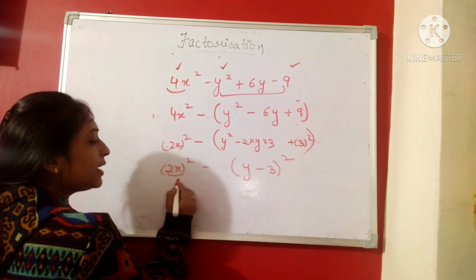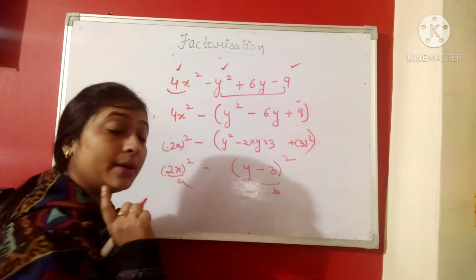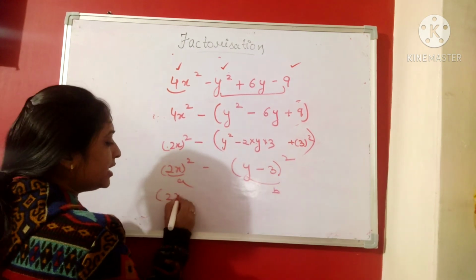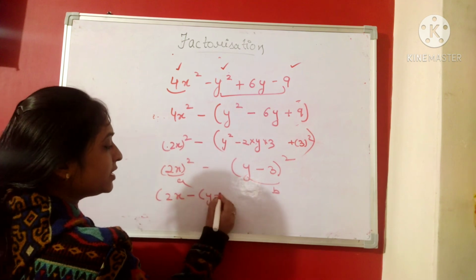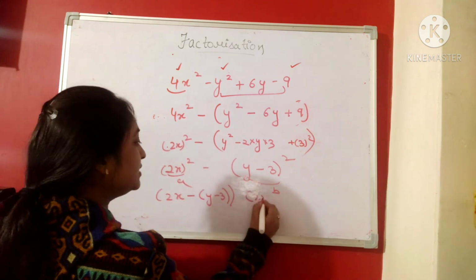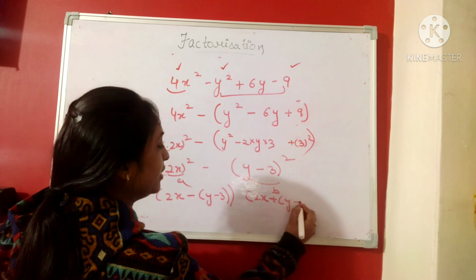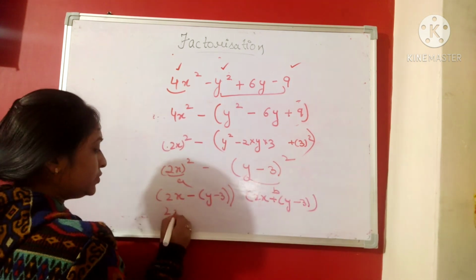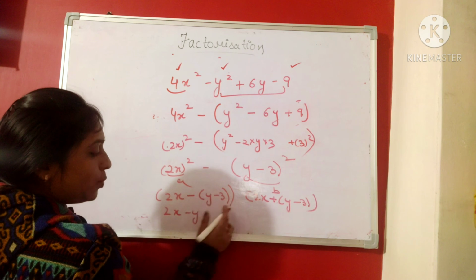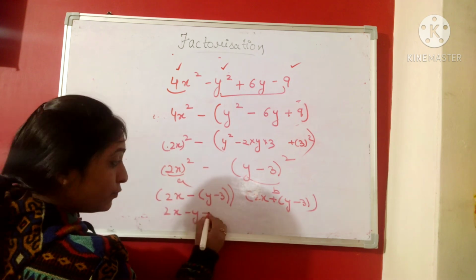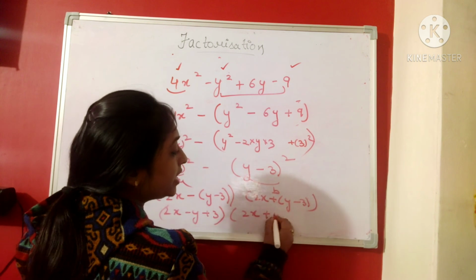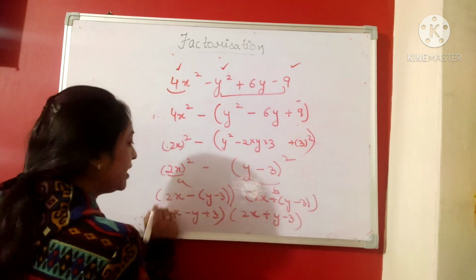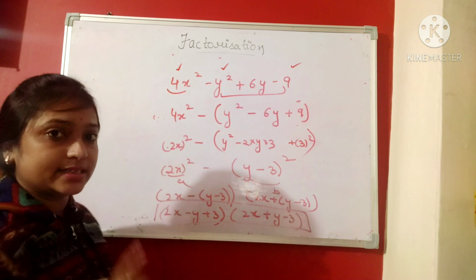Now this will become a and this entire thing will become b, and our formula is (a minus b)(a plus b). So the minus term will come here and the plus term will come over here, right? If you want, you can solve it inside. Please, when you move this minus inside, don't forget to change the sign, which is a very general mistake made by students, right? So this is the answer.